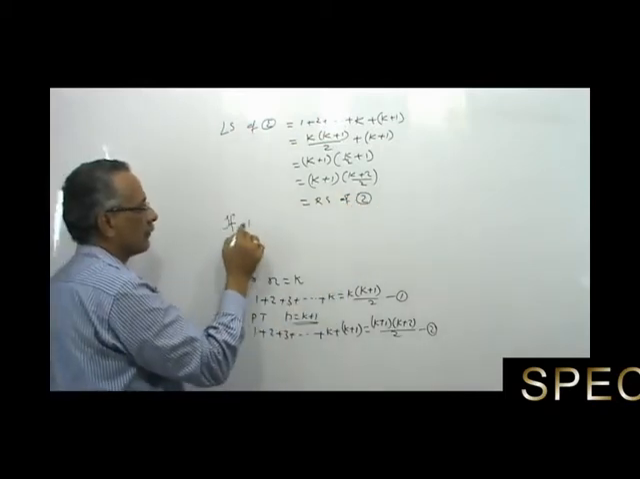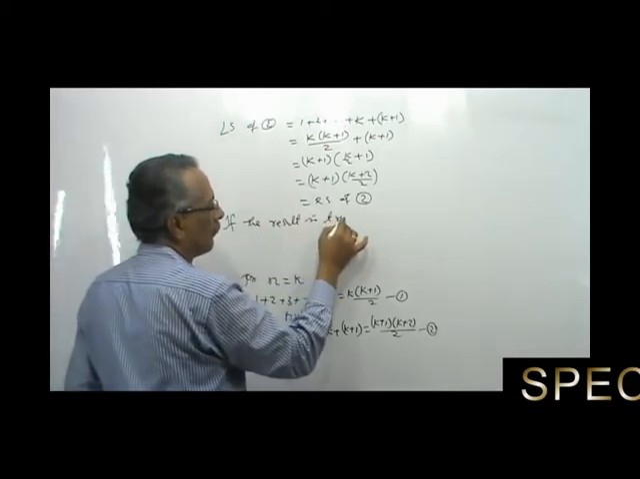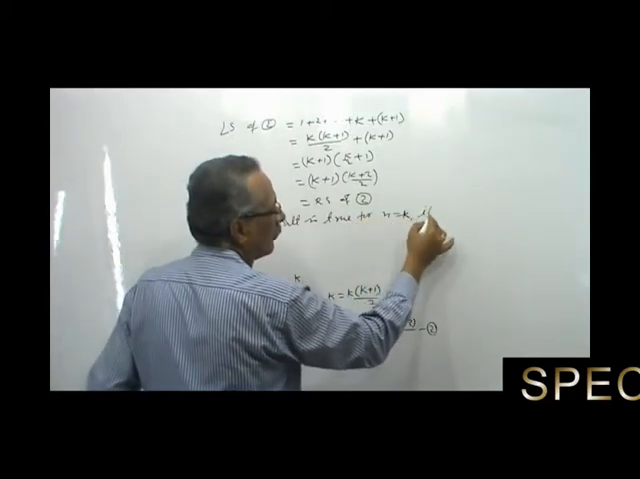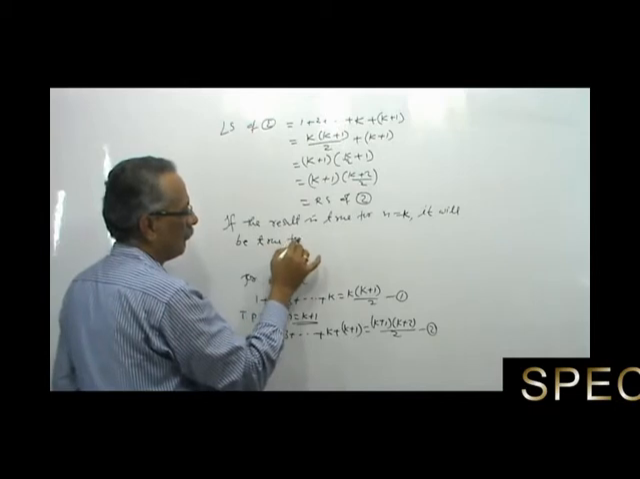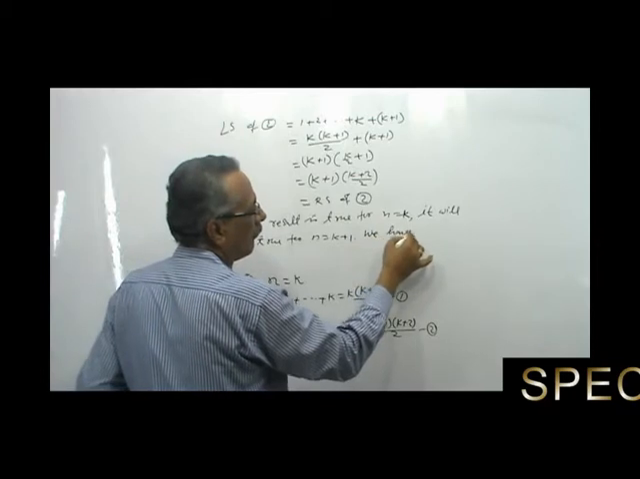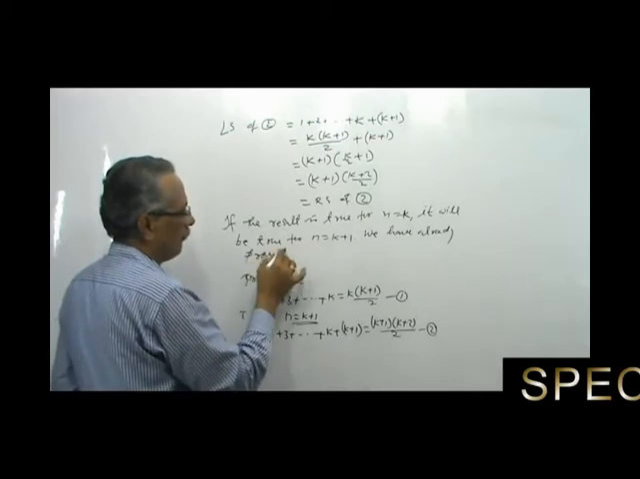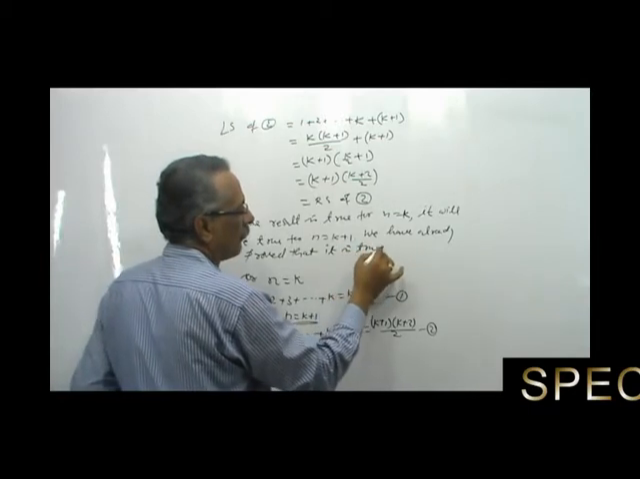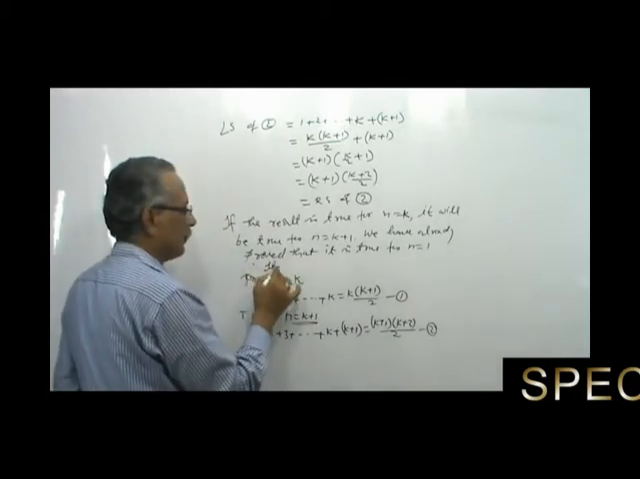So if the result is true for n is equal to k, it will be true for n is equal to k plus 1. We have already proved that it is true for n is equal to 1. Therefore, it is true for